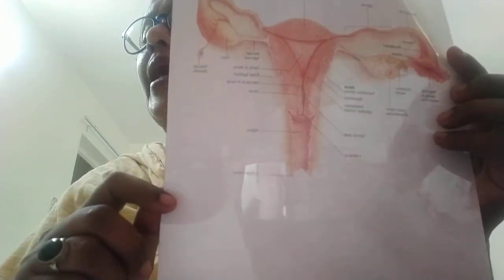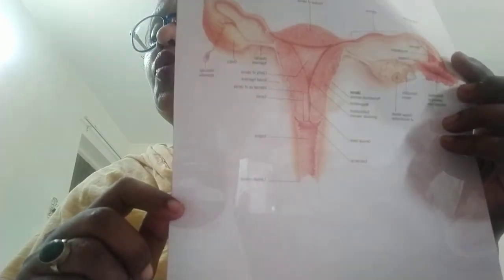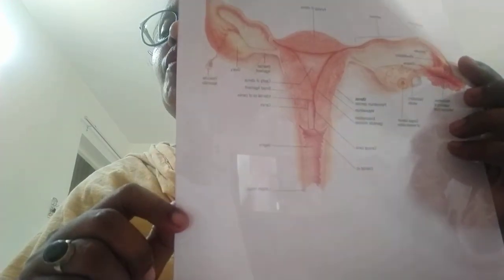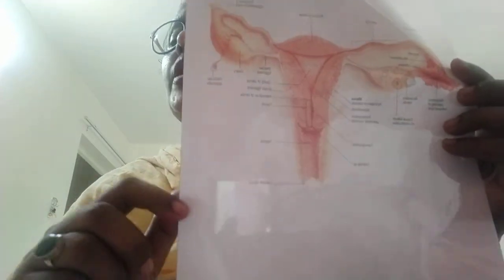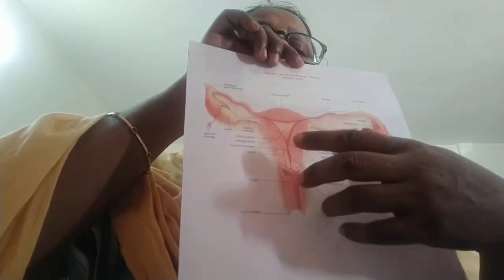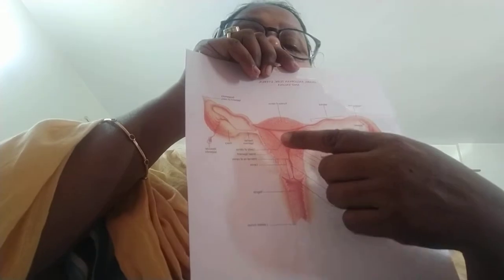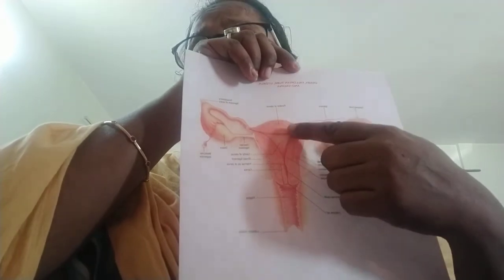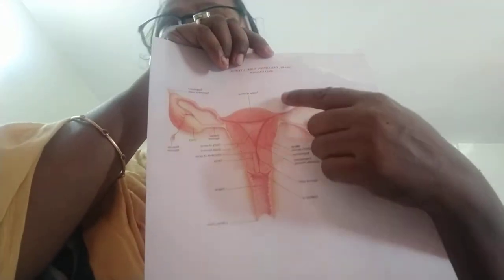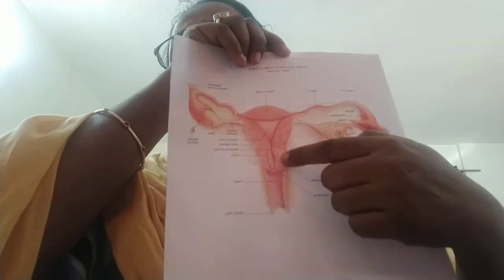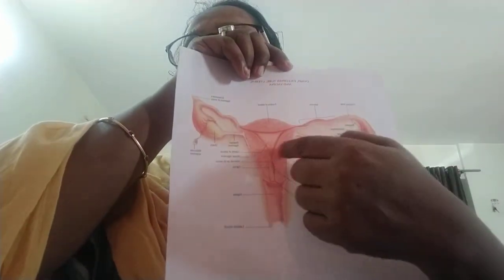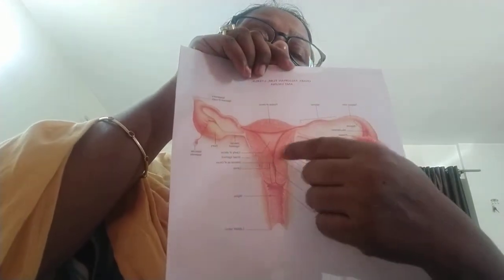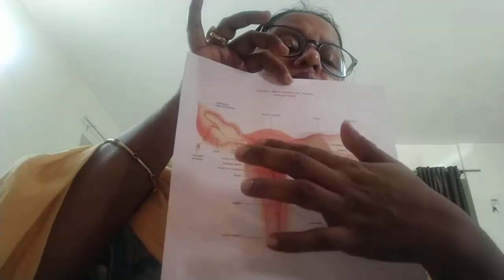The uterus in a parous woman is 8.5 centimeters long, 6.2 centimeters wide and 2.5 centimeters thick, and its weight is about 70 to 80 grams. Parous woman means one who has already had a baby, or is going to deliver a second time. In a nulliparous woman the length is 7.5 centimeters, while in a parous woman it is 8.5 centimeters.